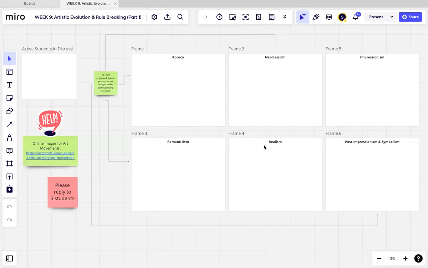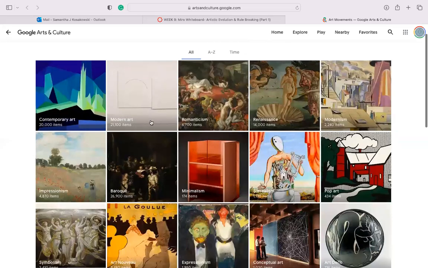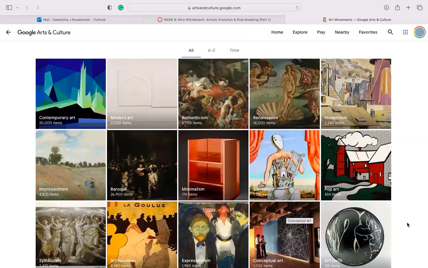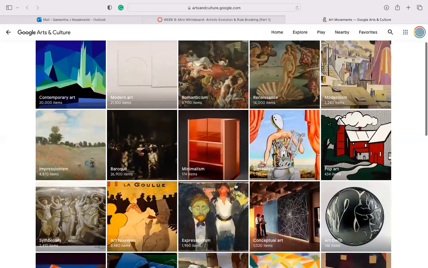So, what I want us to do is just select a few artworks from our textbook and online sources. You can see here on our whiteboard that I gave you a few indicators for these art movements. And then you can also go to the arts and culture link right here that gives us more information on these specific art movements. Now, this breaks it down to traditional and contemporary art, so you can just find what you want to discuss. So, for example, here's Impressionism.